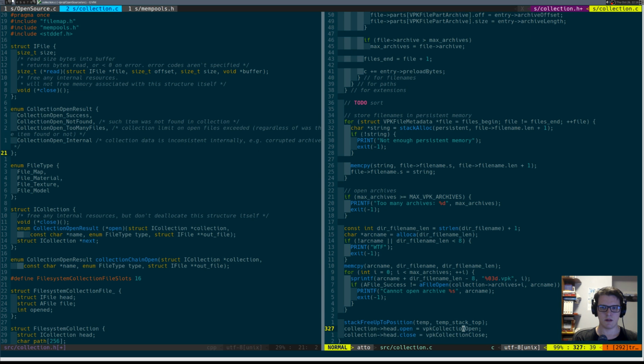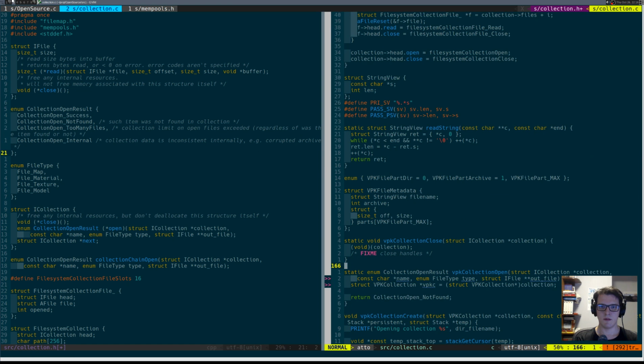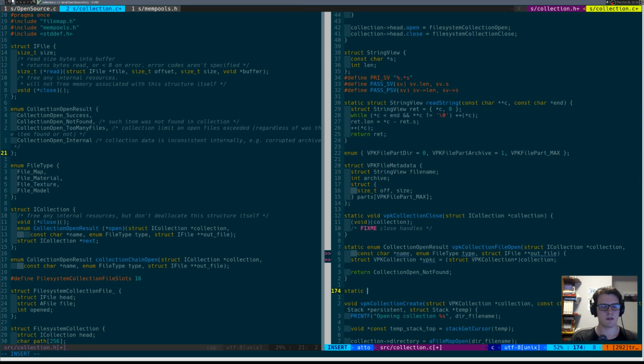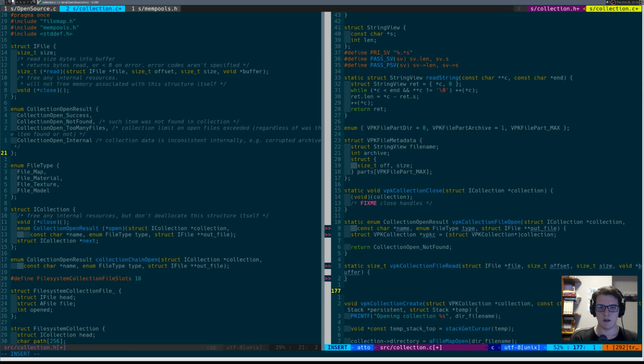Okay, VPK collection file open. Static size_t VPK collection file read, which takes struct I file, size_t offset, size_t size, and void buffer. And another thing is static void VPK collection file close, which is